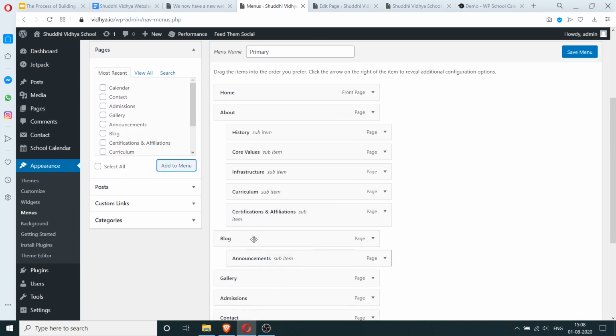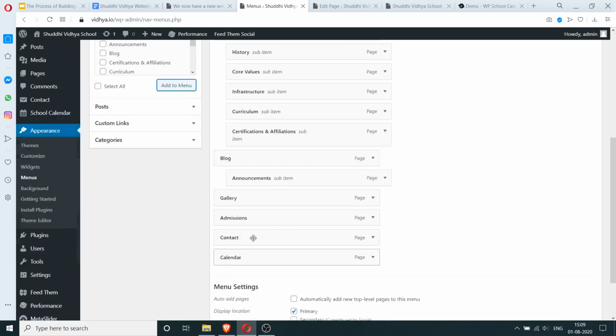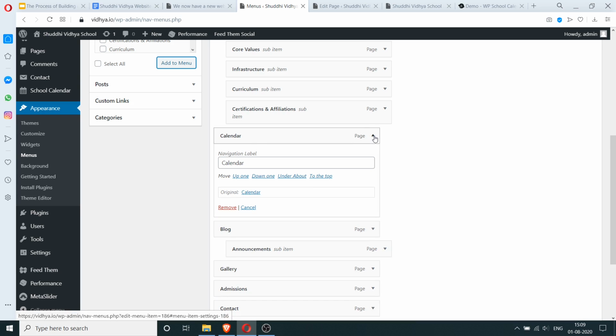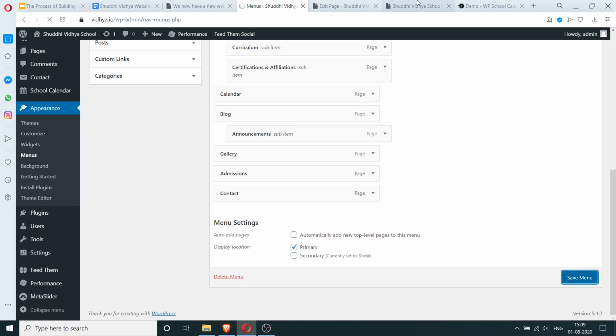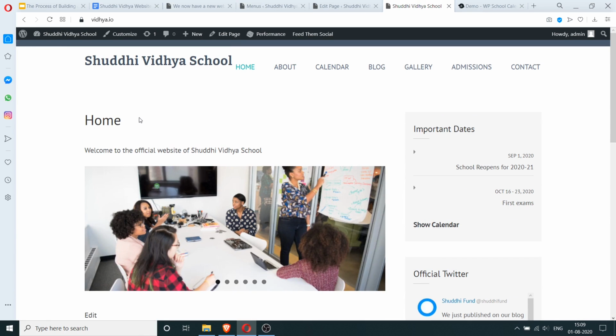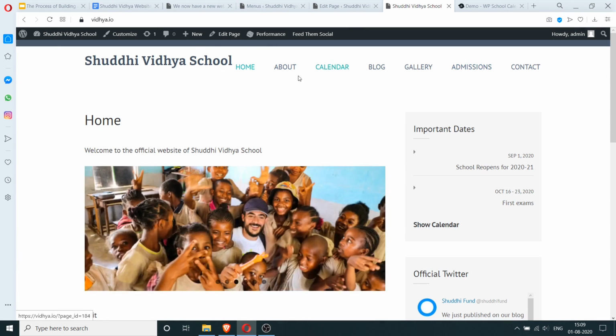So what we'll do is move it as one of the pages, and we'll call this, or rather just leave it as calendar. I think that's fine. So let's save the menu and let's come back to the page and refresh it. Okay, so it's showing home, about, calendar. This is good.